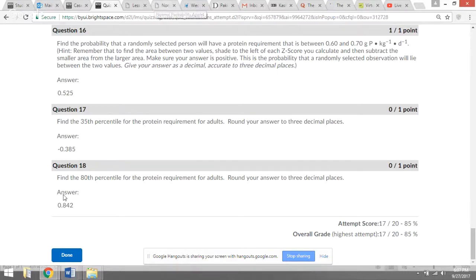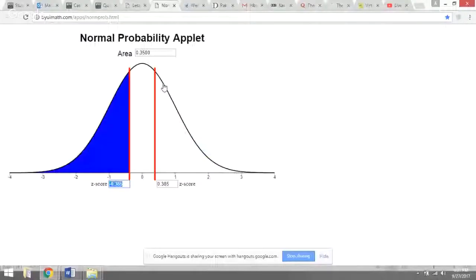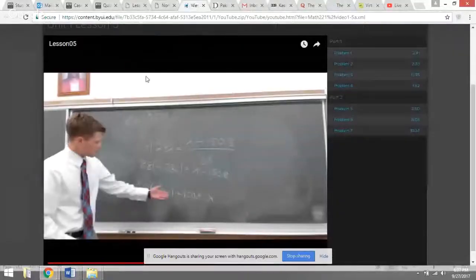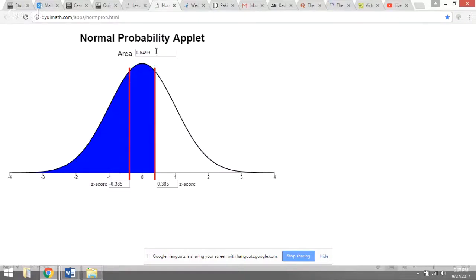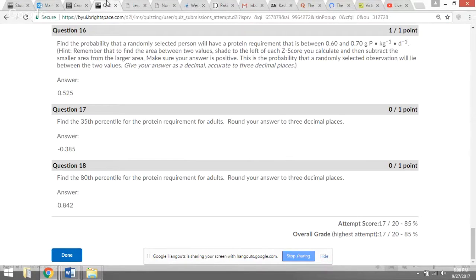And then for the other one, I just did the same thing. It wants the 80th percentile. And so I just highlighted both of these, and I did 0.8, and I took this z-score. Yeah. Okay. I just submitted my, and I got correct answers in 17 and 18, and your z-score is correct,